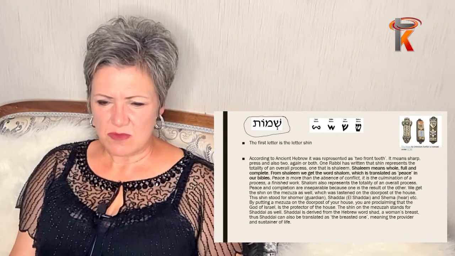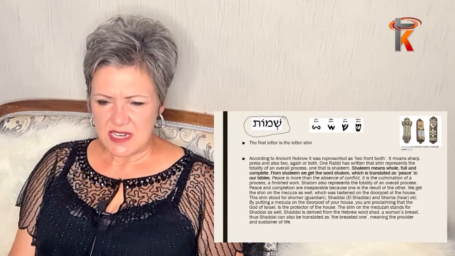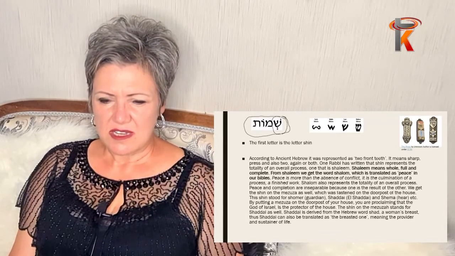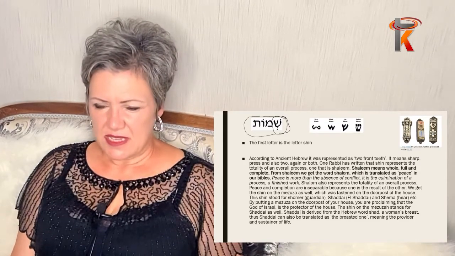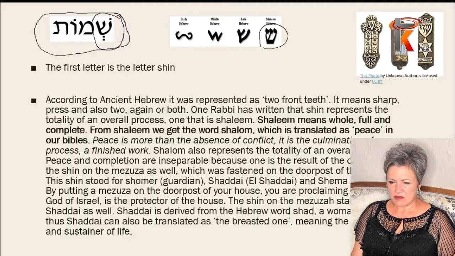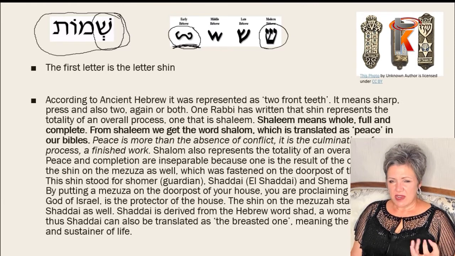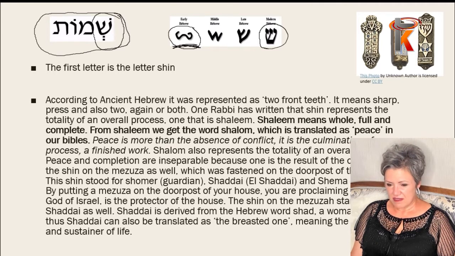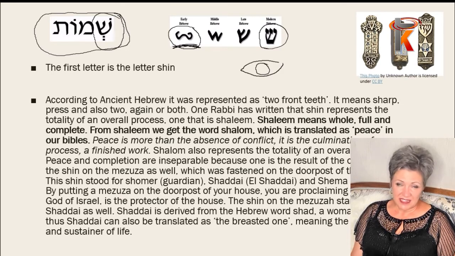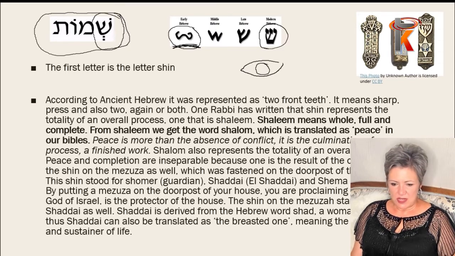So let's look at the first letter. And the first letter is the letter Shin. There we have the letter as we write it today. And there is the ancient letter. So if you look at that ancient letter Shin, it's like a pictograph. So you can think for yourself how it looked. Like for Ein, the ancient Ein looks like this. It looks like an eye, isn't it? Ein is an eye. Okay, so look at that letter and let's see.